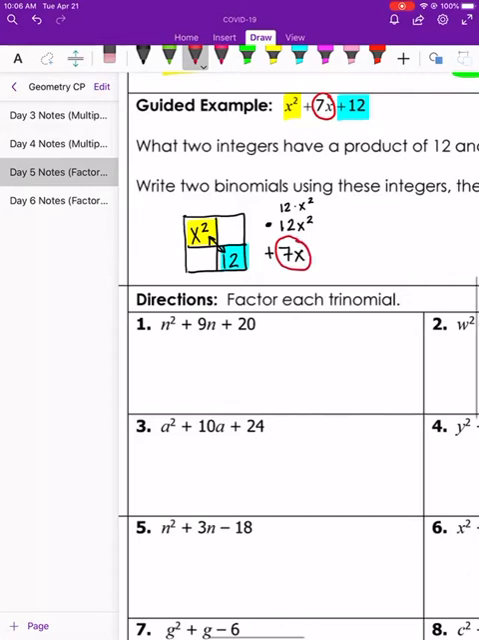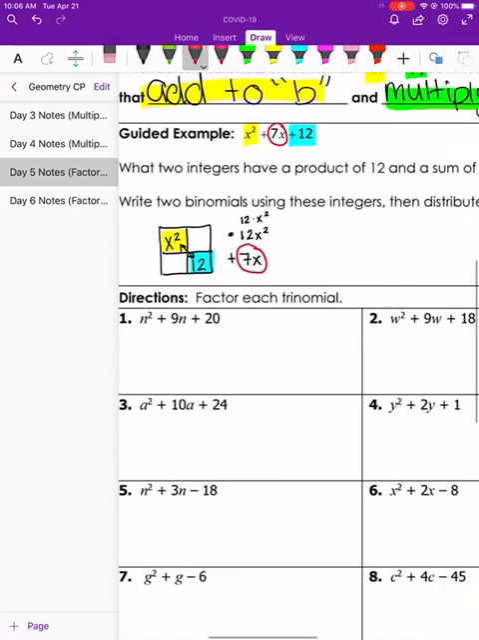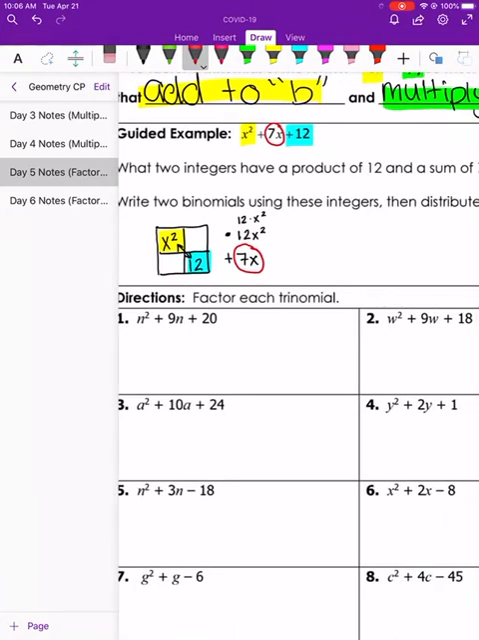Okay? So, I'm going to just make a little chart over here. Some of you will be very quick at realizing what numbers do this. Others might have to make a chart. You'll get better at this with practice, so don't get frustrated. So I'm going to start writing numbers that multiply to 12